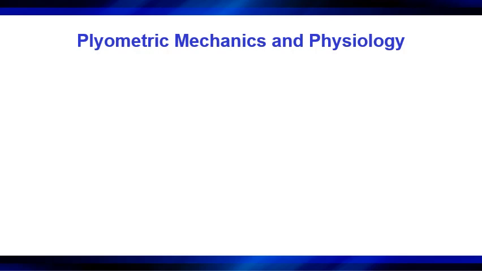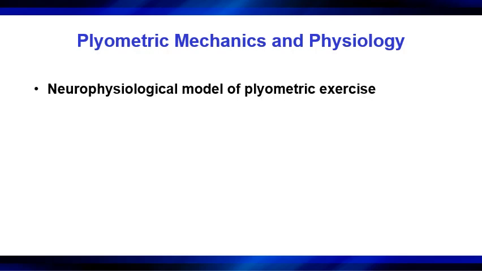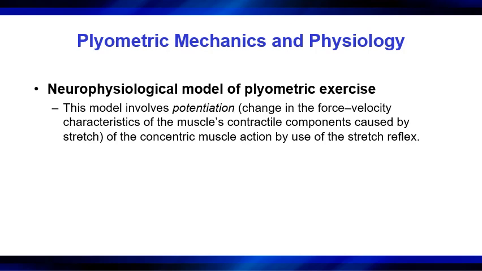Okay, so plyometric mechanics and physiology. The neurophysiological model of plyometric exercise. Again, nervous system activity is very important here with plyometrics. This model involves potentiation, a change in the force velocity characteristics of the muscle contractile component caused by a stretch. You're basically getting the addition of the stretch reflex, enhancing the concentric muscle